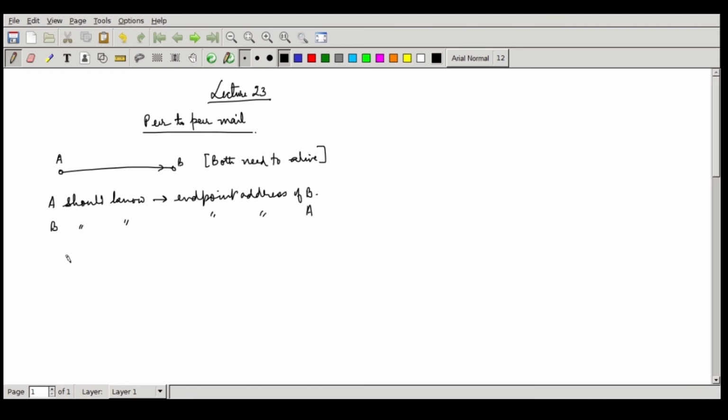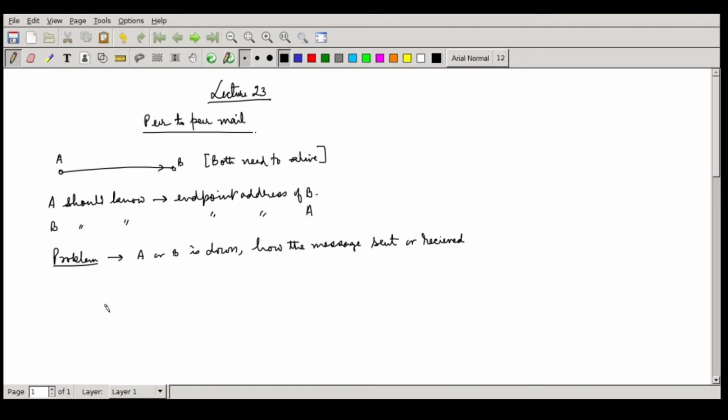So the question, the problem we have to face if I want to build a peer-to-peer system, is: if A or B is down, how will the messages be sent or received? If B is down, A should be able to send the message, and when A is down, B should still be able to receive the message if it was dispatched. There may be a time offset, so A and B need not be on at the same time.